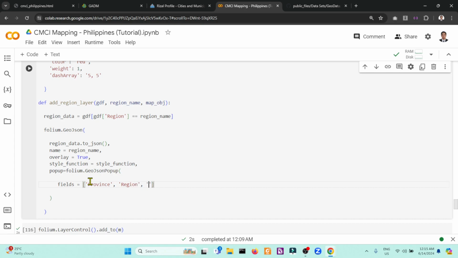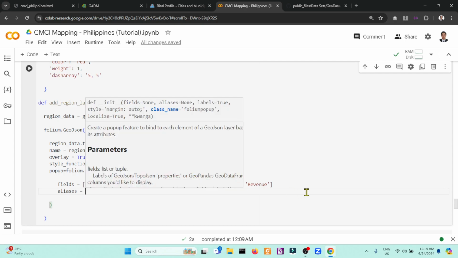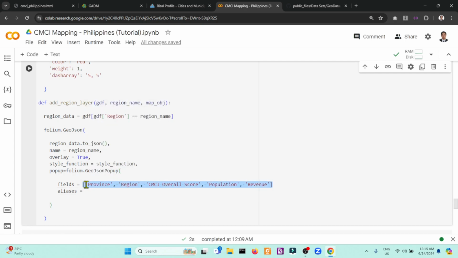Region will be included and the CMCI overall score together with the population and specific revenue. We have also aliases, which is, I think, the same.